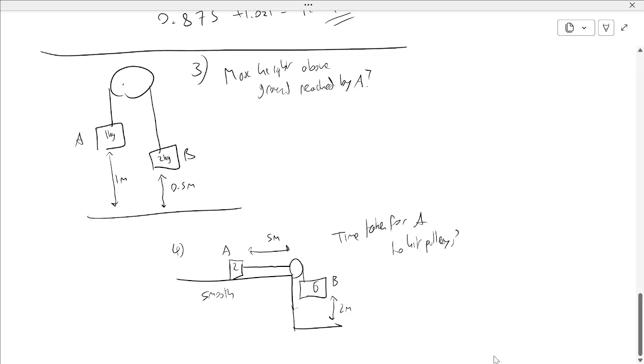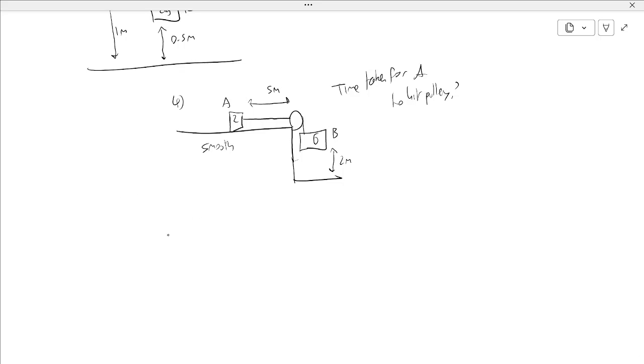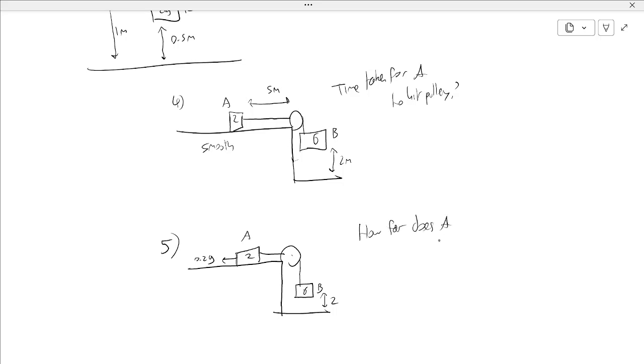And if you wanted a little, well, I guess it's a challenge because I haven't shown you directly how to do it, but you should be able to use the same principles, and we did sort of talk about it. We'll do a rough table where there's a constant, let's say 0.2 g resistive force to motion. We'll have the same weights as before. Let's say this is 2 meters, 6 kg. And what we'll say, how far does A move from a starting position